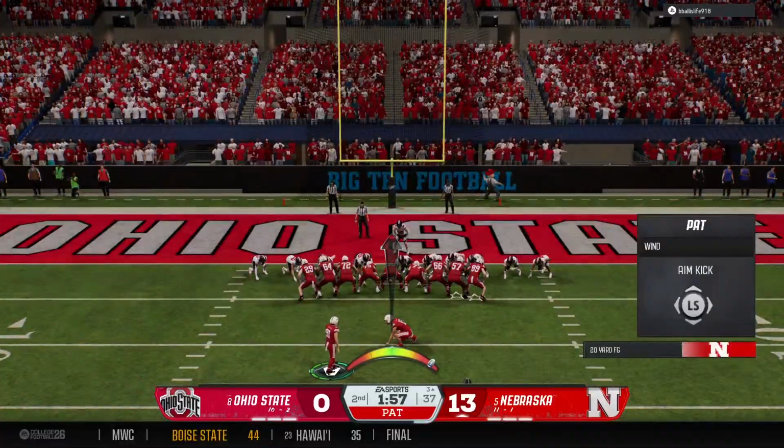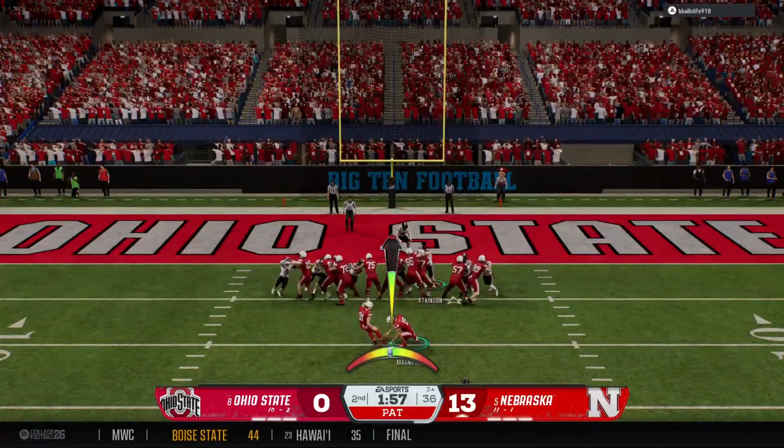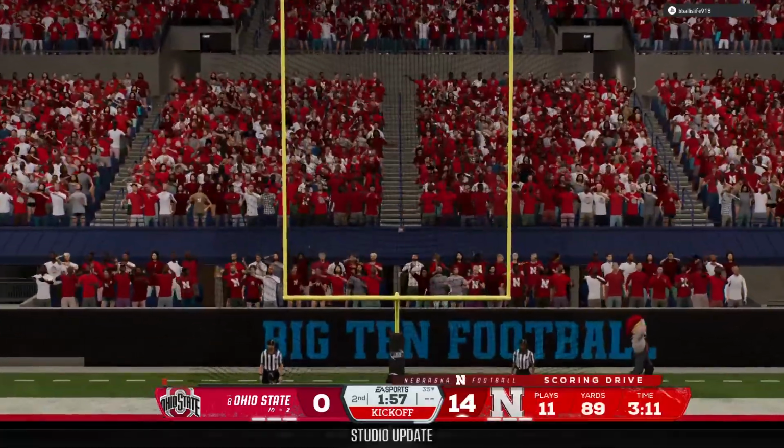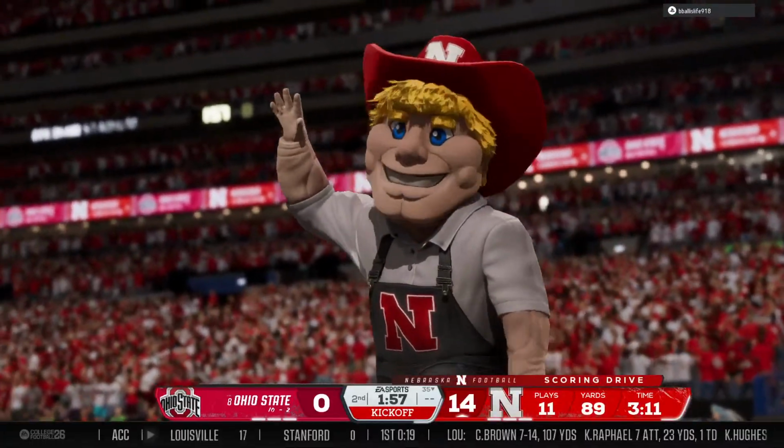Great job. Now the all-important extra point. The extra point is good. They stretch the lead a little bit more.